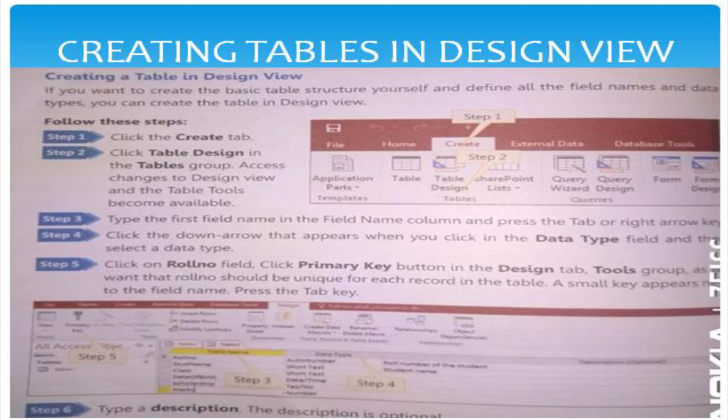If it is more than 255 characters, then it is a memo data type. And next one, address, roll number, like this. Enough for now, this is enough. And there is a save button here, click on save. We need to save the table as we did in data sheet view. Now we are designing in design view also, so the table name should be saved. I am saving here, student form, let it be form or details.